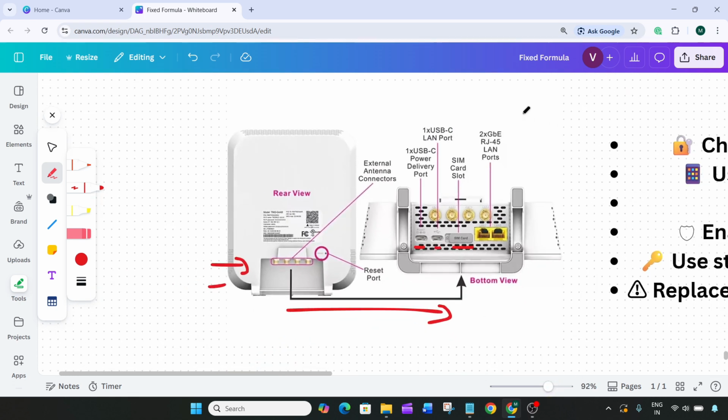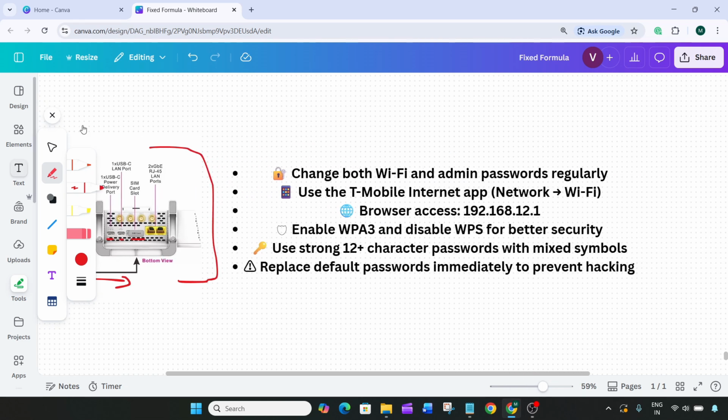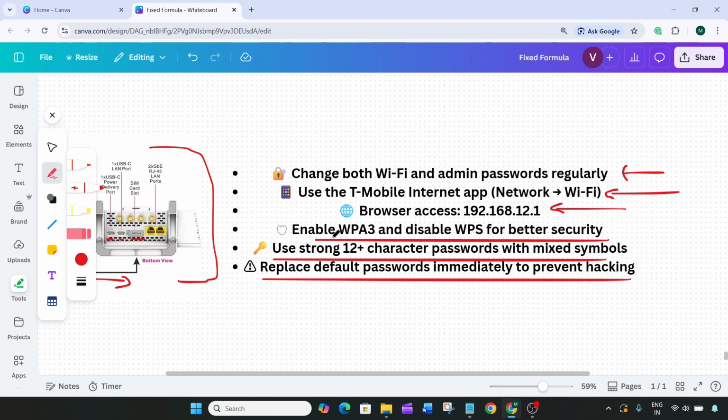The easiest way to make changes is through the T-Mobile Internet app. Open the app and sign in with your T-Mobile account, making sure your phone is connected to your gateway's Wi-Fi. To update your Wi-Fi name and password, go to the Network tab, then select Wi-Fi, edit the SSID, and create a strong new password. To change the admin password, navigate to Device Settings or Advanced, then update the admin login